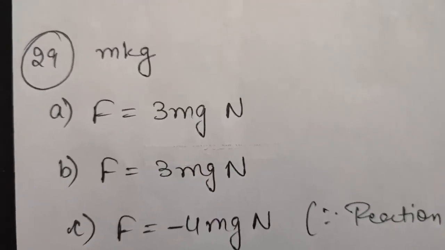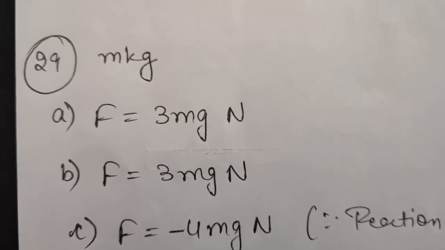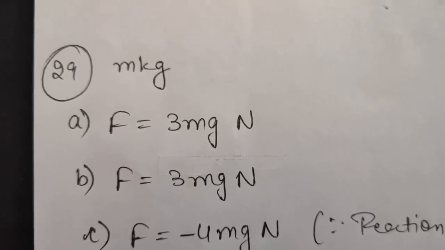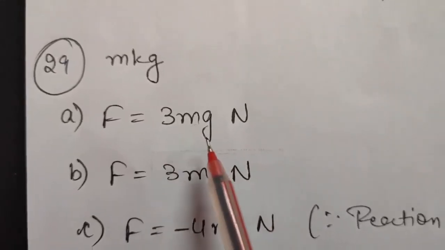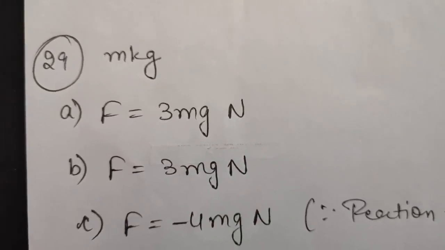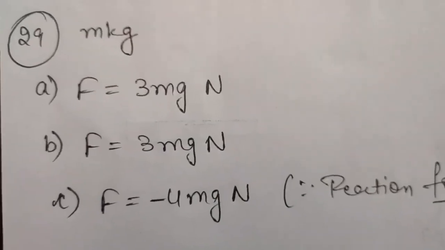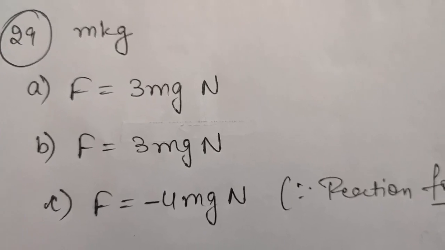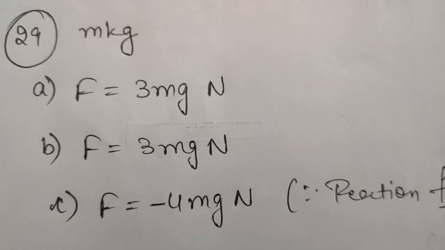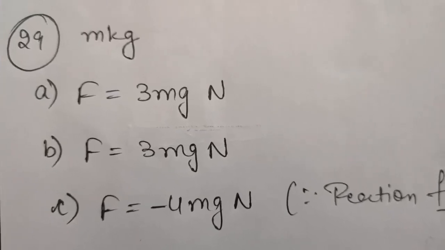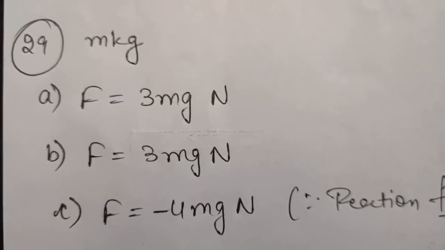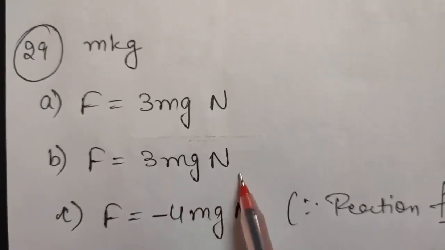So there will be 8th, 9th and 10th. That means there will be 3 coins. So the weight will be due to those 3 coins on the 7th coin. So the weight will be 3m into g. So this will be the value of A part. In B part, it is asking the force on the 7th coin by the 8th coin. Again on the 8th coin, 2 coins are placed. Therefore, total if you see, again on the 7th coin, there is a weight of 3 coins. So again the answer will be 3 mg Newton.